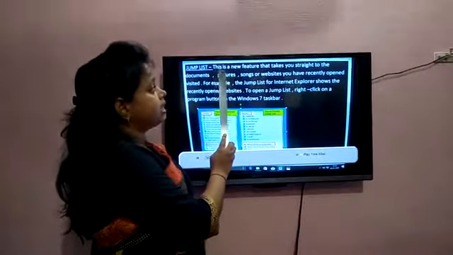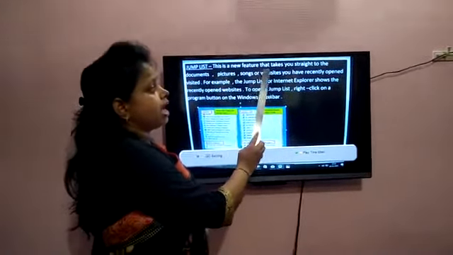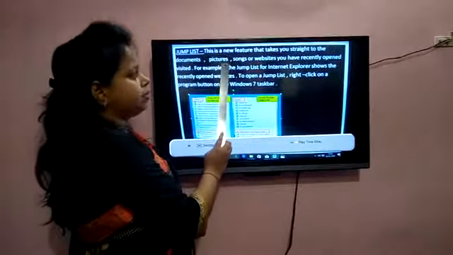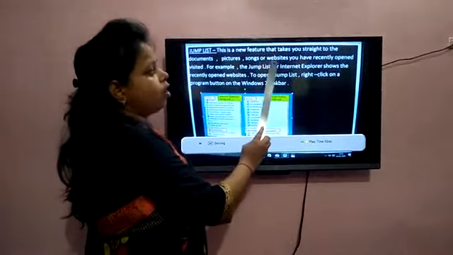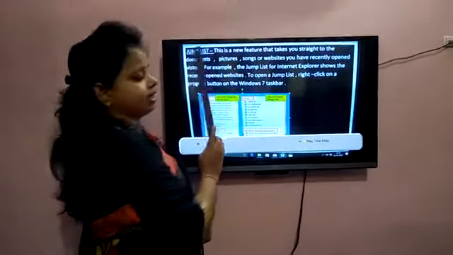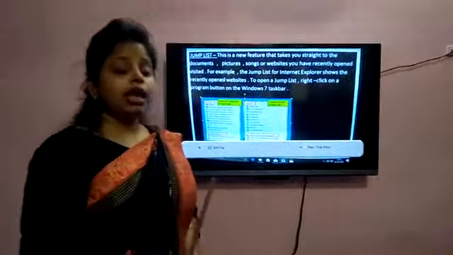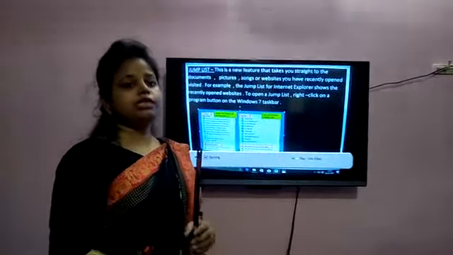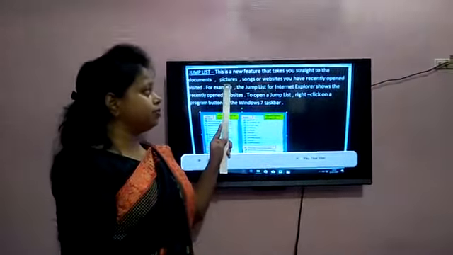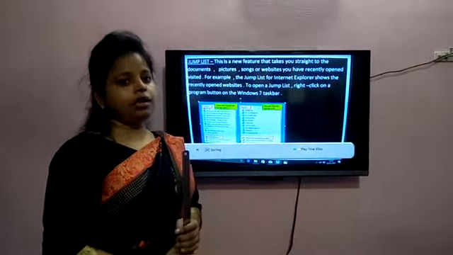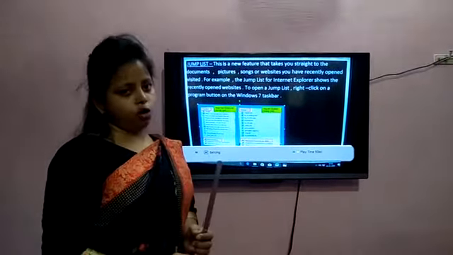This is a new feature that takes you straight to the documents, pictures, songs or websites you have recently opened or visited. It means in the jump list you can see which options you recently opened, like any picture or song, and if you want to open it again, you can open it with the jump list option.